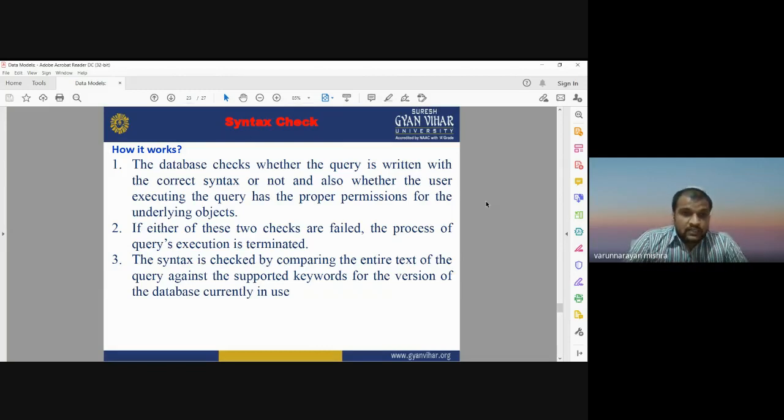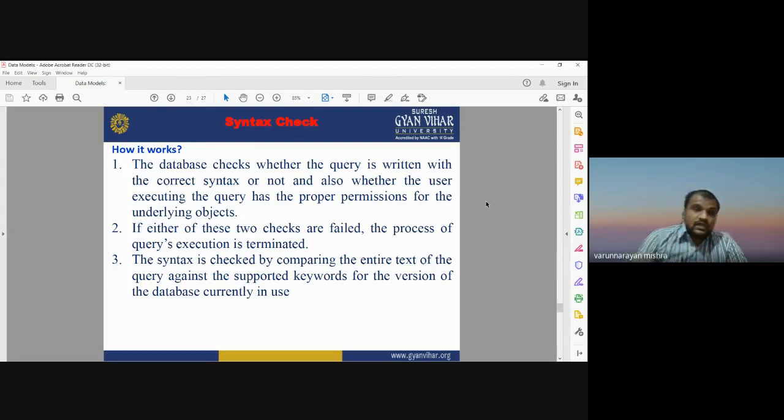You should also have the proper permission to run the query. The database should be accessible to you. If you have no permission, if you are not authorized to access that database, your query will not work.